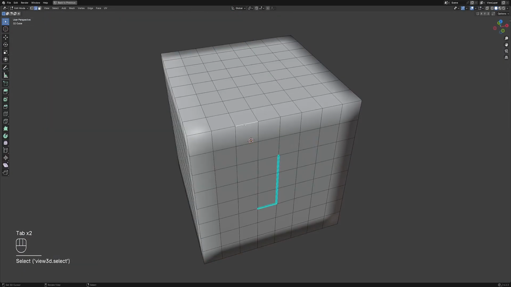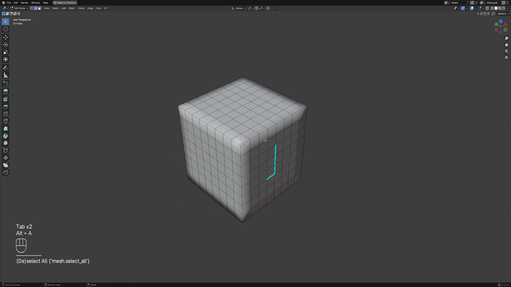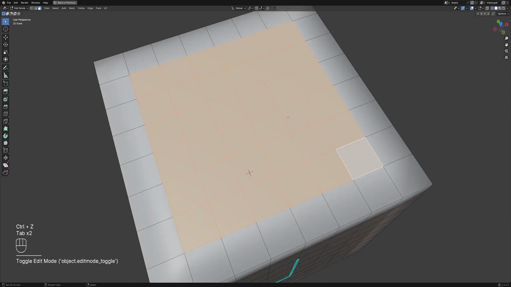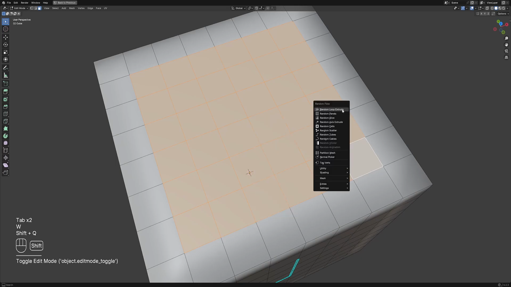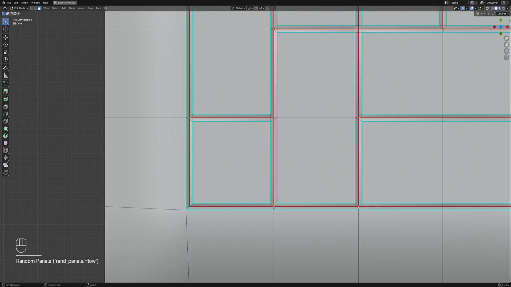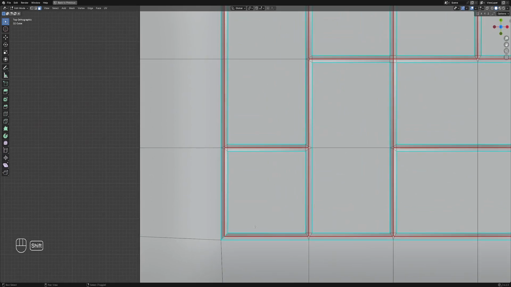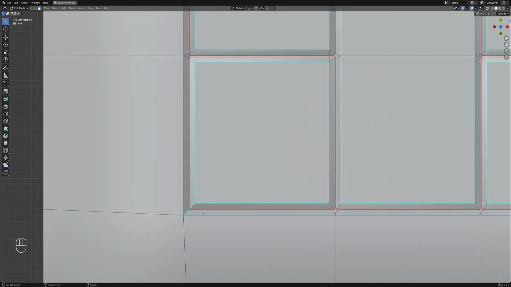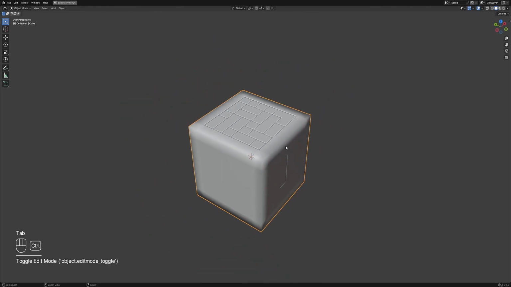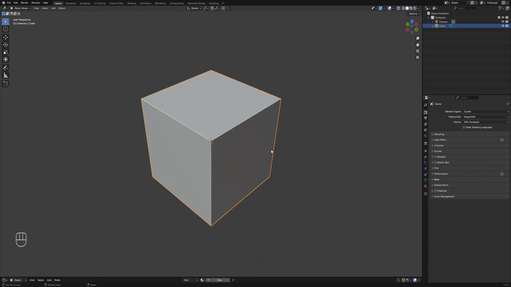And this is also true for random flows, random panels in bevel. They will also now mark sharp those sharp angled edges. Okay, and there's also a change for the